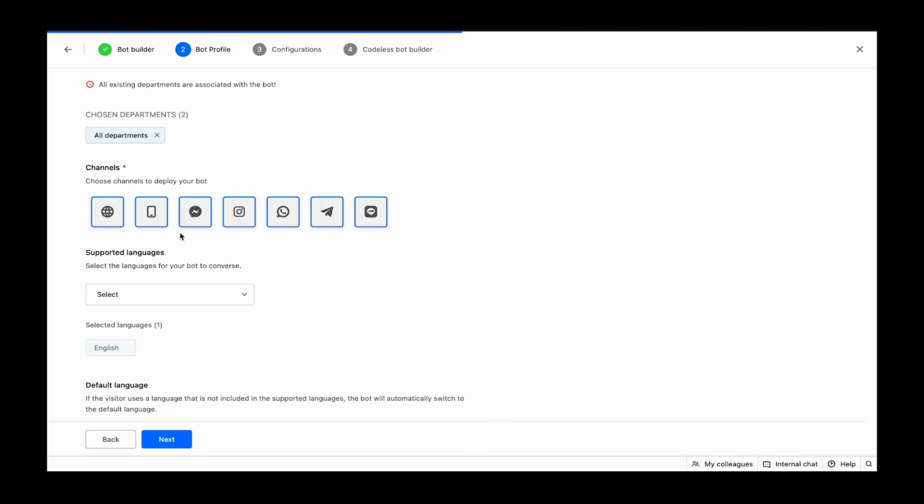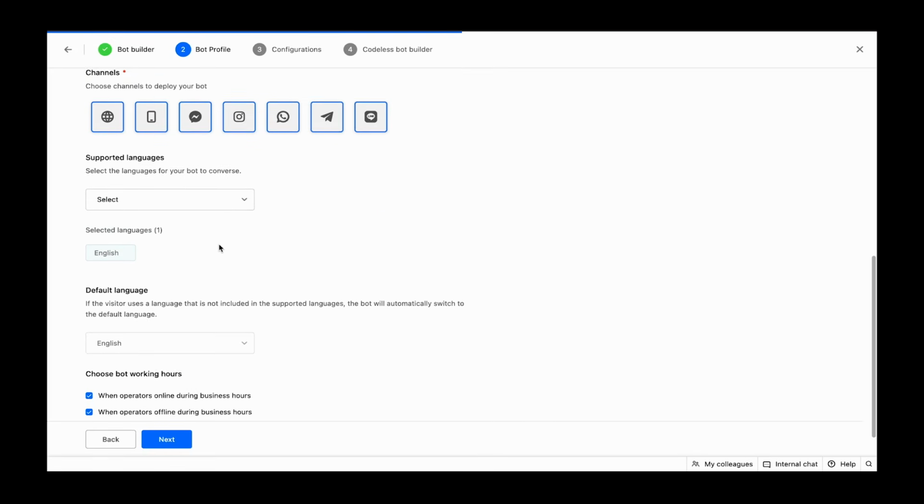And these are the channels. Initially, SalesIQ supports the chatbot for website, mobile app, Facebook, Instagram, WhatsApp, Telegram, and Line. So if you're doing business with these channels, you can integrate the same with SalesIQ and deploy the bot in those channels as well. And now